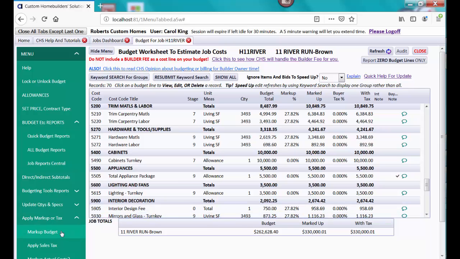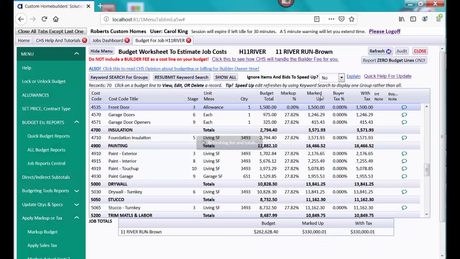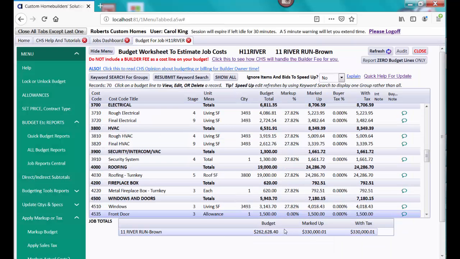If you look at that about markup budget again, this is just calculated based on the contract price and budgeted costs and not taking into account allowances. So CHS did some math behind the scenes and figured out what little bit of a higher percent markup we need to add to all the lines that are not allowances, so that when you do a budget report,